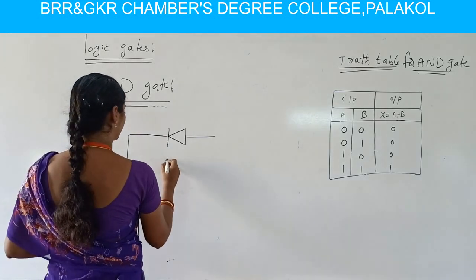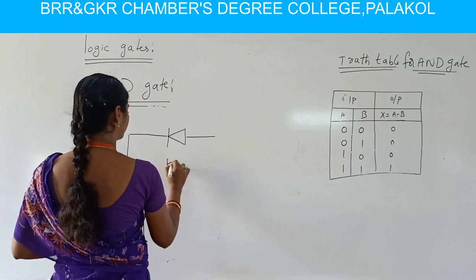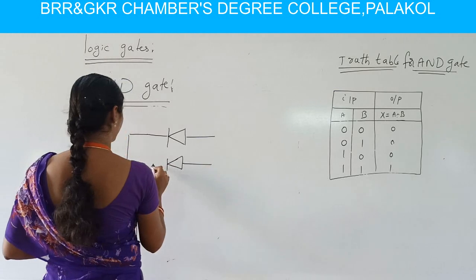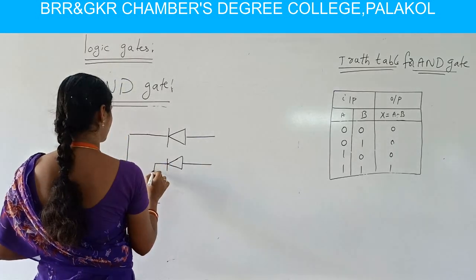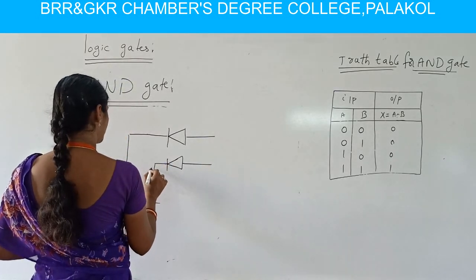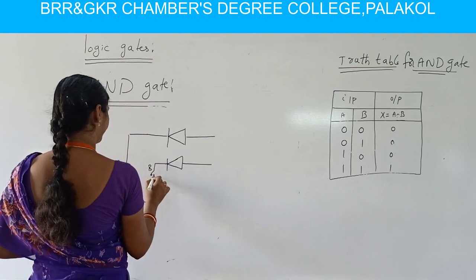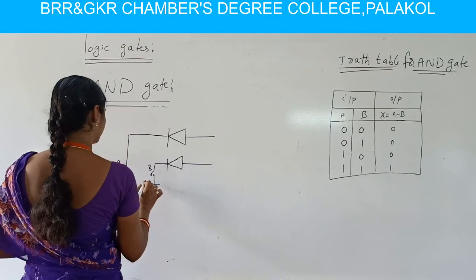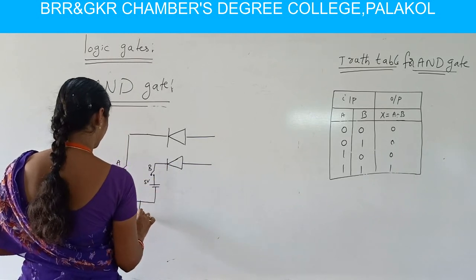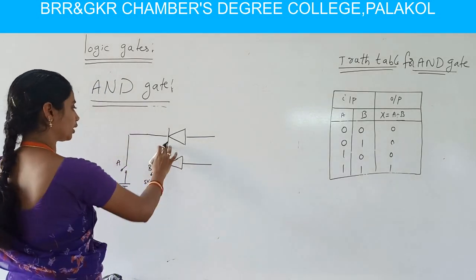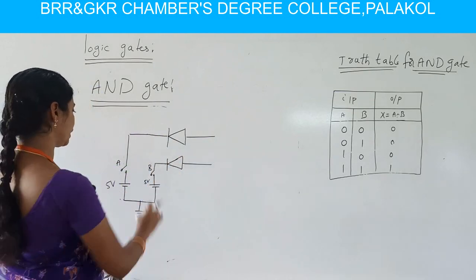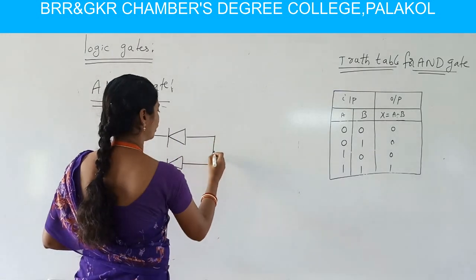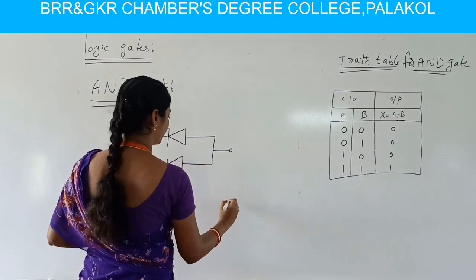And for the second diode D2, this is also constructed with the help of a switches diagram and a diodes diagram. Here the variable is B. Here also we are applying a 5 volts battery supply. These two are then connected here. Here the anodes, these are anodes and these are cathodes. Here these two anodes are connected in parallel and the output is taken across from this,